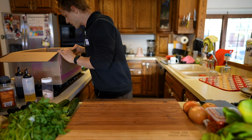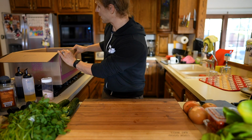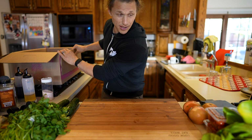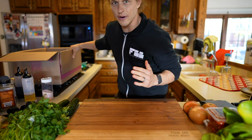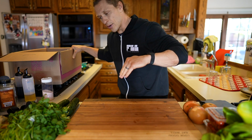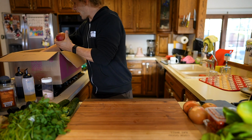And then, yep, we got a big order this week. This is like more food than I normally get. I think the last couple weeks I've been feeling like maybe I didn't get enough, and so I think I went overboard. This is a very typical thing. It's like go overboard, then order not enough, and then back and forth, back and forth. Okay, I got a couple